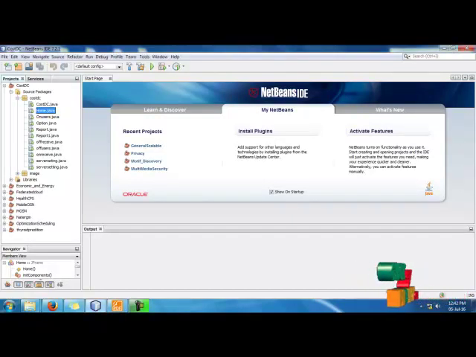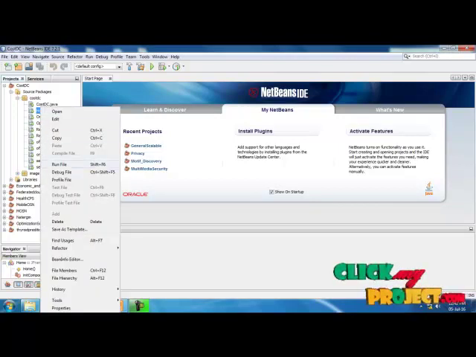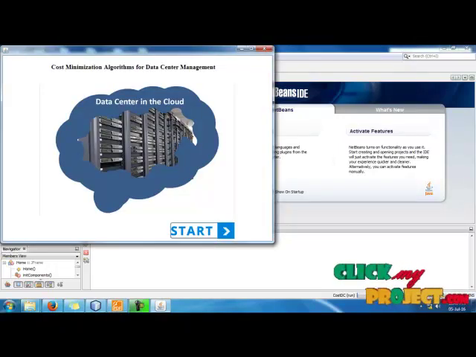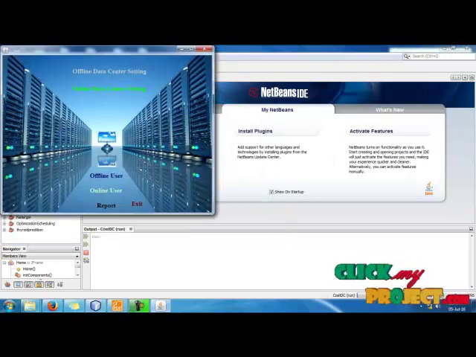Click on Home.java, right click on it and run the file, and choose the run file option. And the home screen of our project is running now, and we click the start button to start our process.